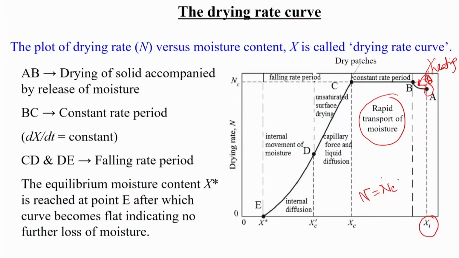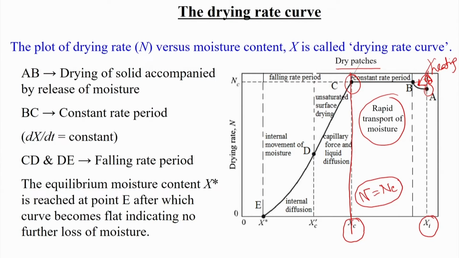So, we can say that time is not dependent on how much moisture is there in the beginning; that is not controlling it. Whenever it reaches a point where dry patches appear, at that time the rate will start falling. So, the junction point, this moisture content, is called the critical moisture, that is X c.